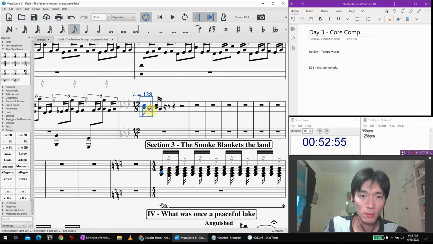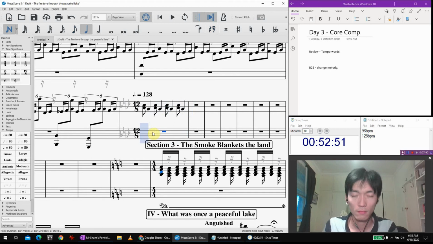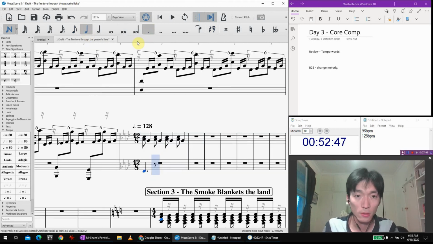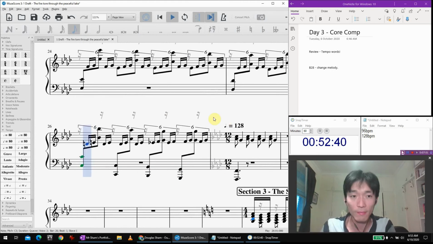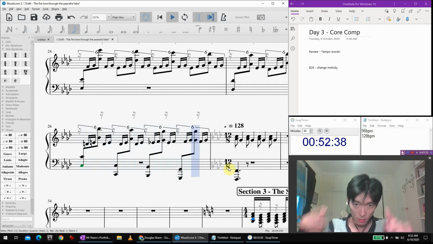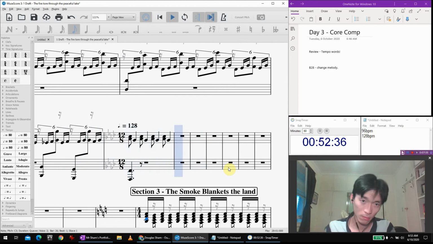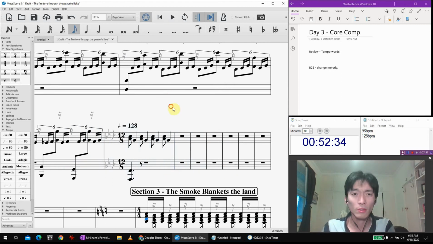Let's try this figure, with some dotted booms. There we go. Okay, let's see if this conversion works. I'm not sure. I'm really bad at maths. Not quite what I wanted.